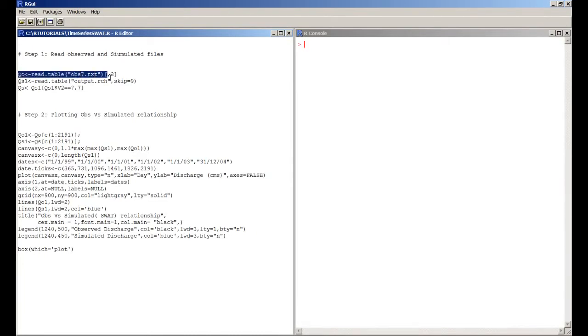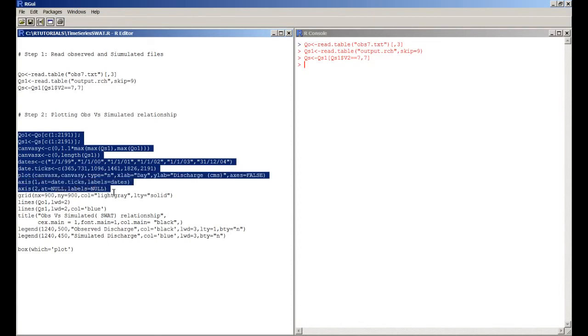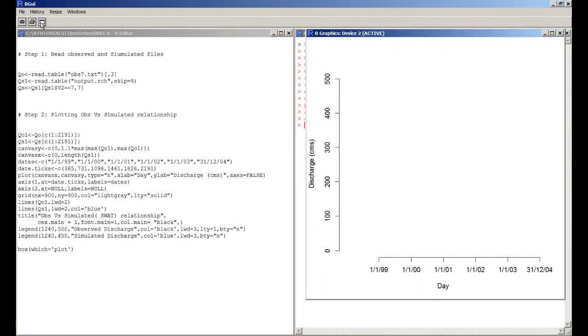So for that we just have to read the observed file first, on the 3rd column with a Q0, and then we have to read the reach file and skip the first 9 lines as a header, and then we go for the 7th column, double equal to real equal in the programming. So now we can plot only 2191 values, or let's first run this script,